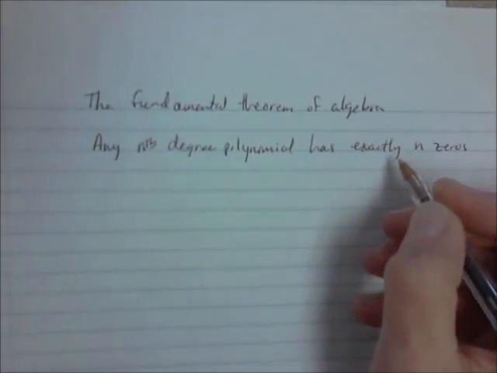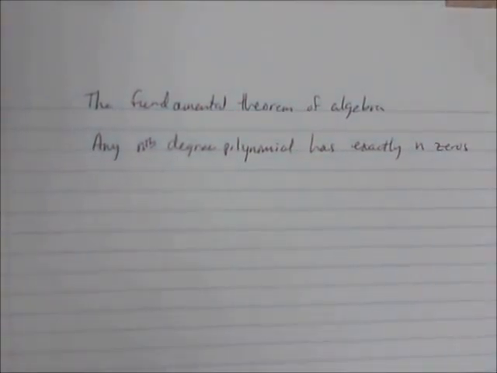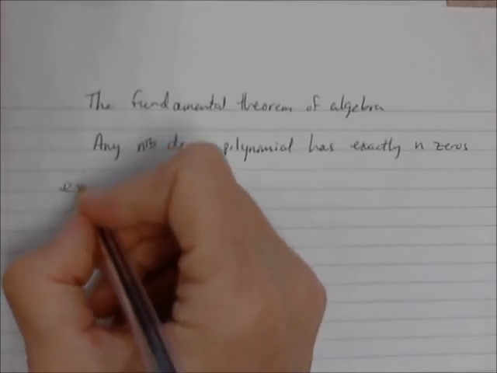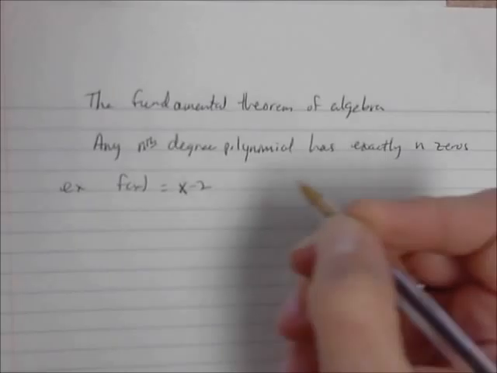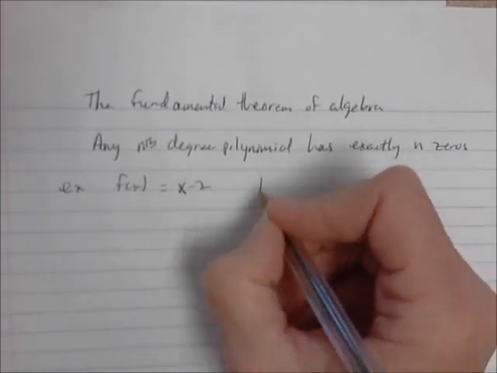These zeros can be rational or irrational, real or imaginary. So for example, f of x is equal to x minus 2. It's a first degree polynomial, has 1 zero,